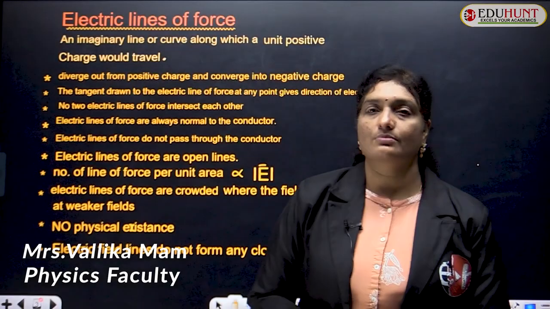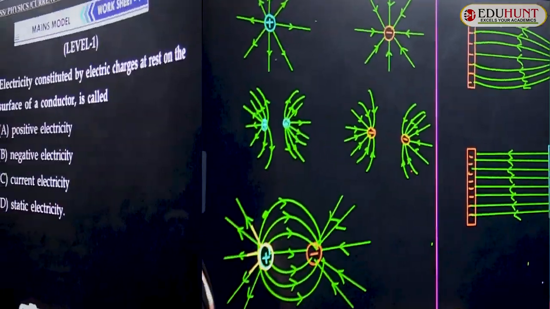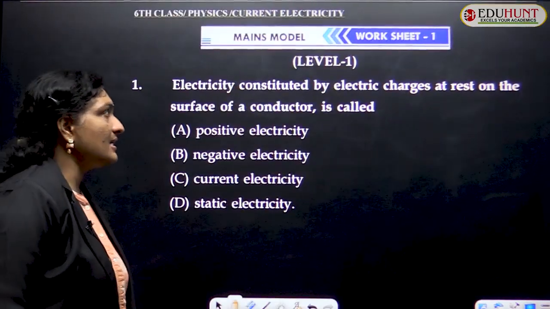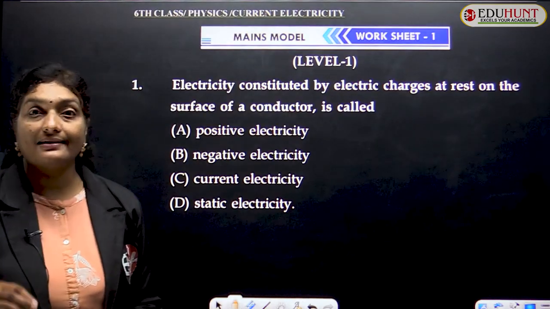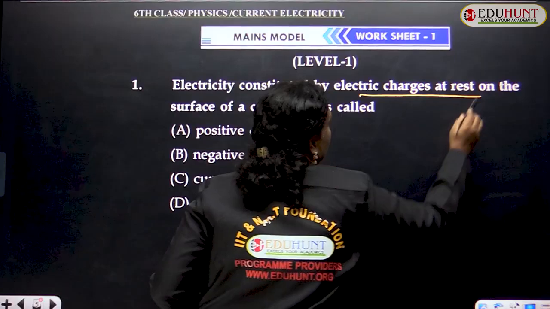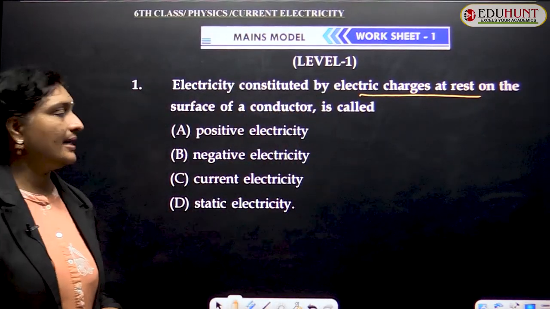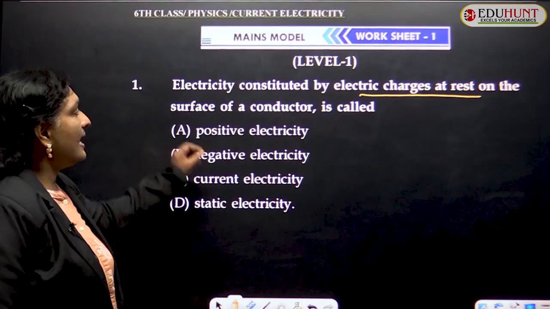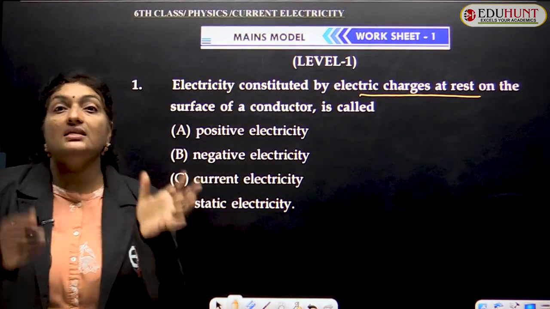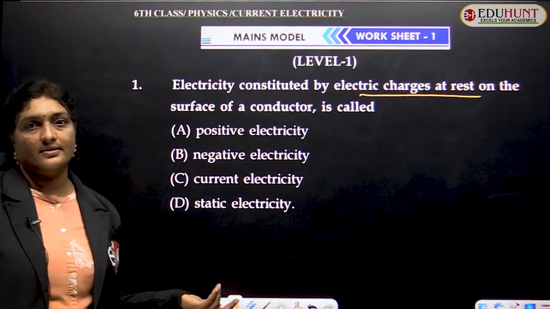So before that, let us move to worksheet number 1 of this concept, that is level 1 problems of worksheet 1. First question: electricity constituted by electric charges at rest. Charges at rest means electrostatics, static, okay, that is static electricity or static current. Let us say electricity constituted by electric charges at rest on the surface of a conductor is, what is that